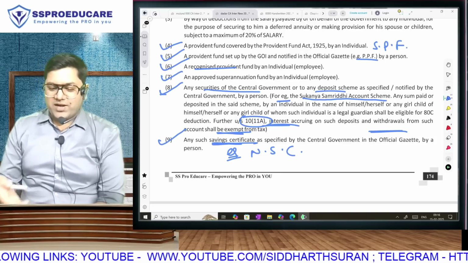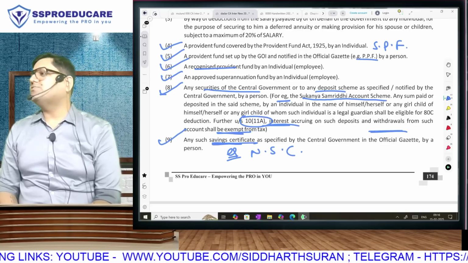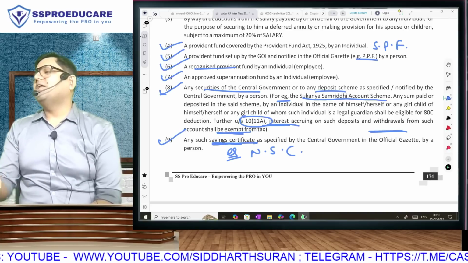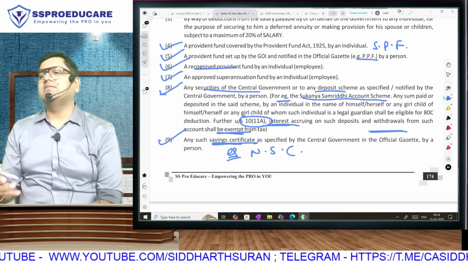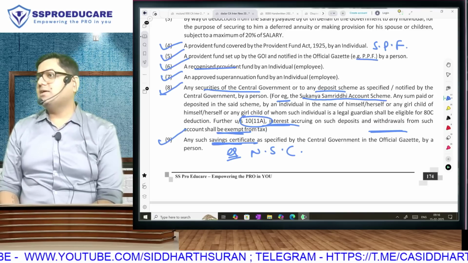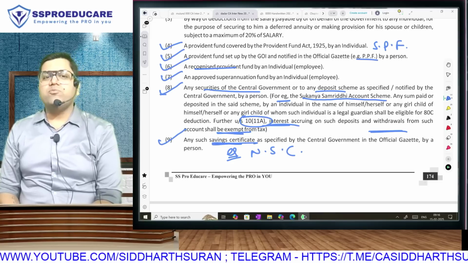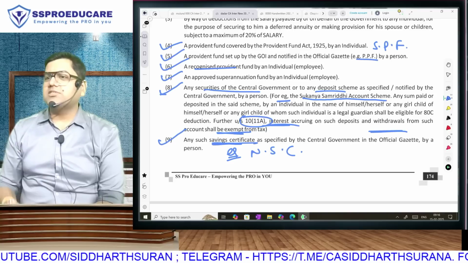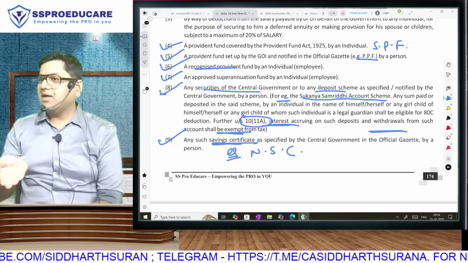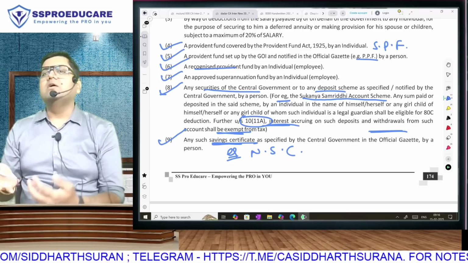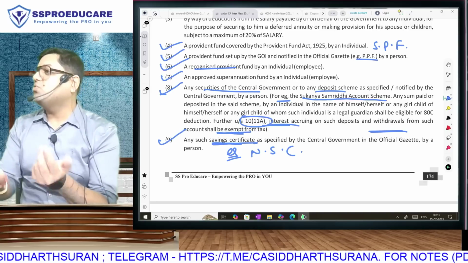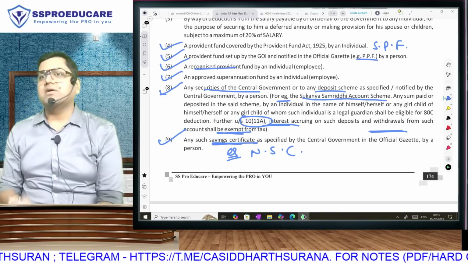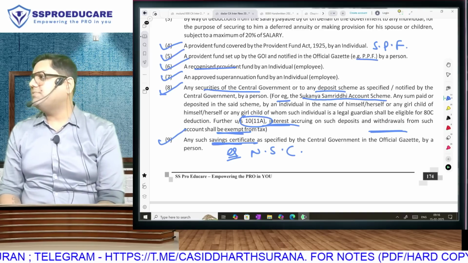But very rarely you will find people subscribing to all this, at least for tax benefit, because most people finish their 1,50,000 limit within life insurance and home loan and so on. They rarely have anything left. Bro, if you purchase a new house and you pay stamp duty, that is also covered in this. Because stamp duty in Maharashtra is 6%. So even for a 1 crore house you buy, it is 6 lakh rupees stamp duty. The other payments that you have made are of no use actually. Which is why we always thought that 80C should increase, but now knowing the government's intention, the 80C limit is